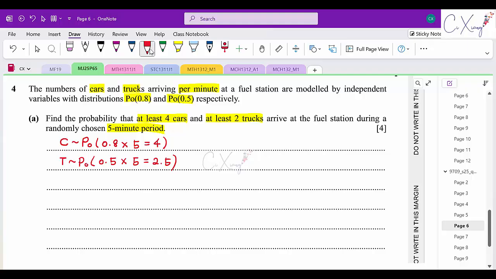And for this question, they are asking for the probability of at least 4 cars, so C greater or equal to 4, intersect at least 2 trucks, so T greater or equal to 2. And to calculate this probability, because they have mentioned clearly that they are modeled by independent variables, right? So highlight the keyword independent. When you're having independent events, to find the intersection, you can just directly multiply them. Because for independent cases,